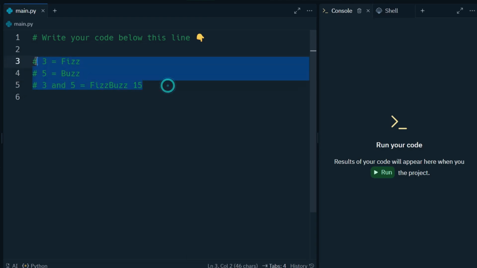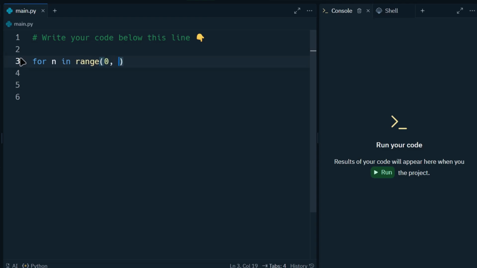Let's walk through it together. So I will remove this, and in here we are going to create our for loop: for n in the range of 0 and 101, meaning from 0 to 100, and you can give whatever name you want. I am giving n. Then we are going to start checking for our if statements. So the first if statement will be if our n modulo 3 is 0 and n modulo 5 is also 0, then what we are going to do is we will print out